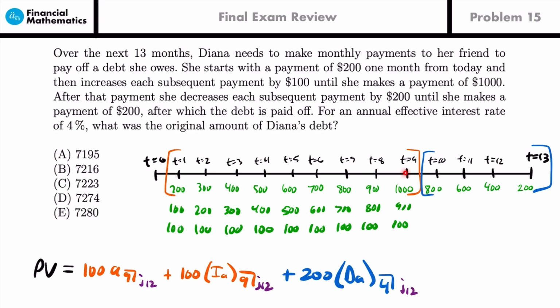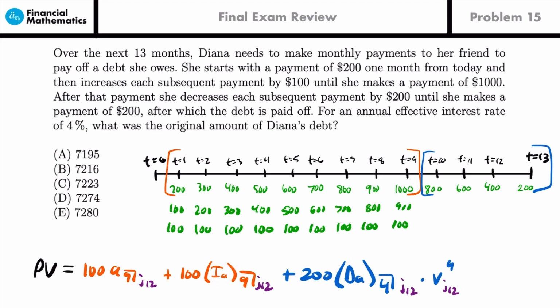So we need to bring that back an additional 9 periods to be valued at time 0. So we would want to multiply by v to the power of 9, where v is using that interest rate J sub 12. Okay, so this is how you would calculate the present value of all of these payments using annuity notations, specifically a level payment annuity notation and 2 arithmetic annuity notations, one where we're increasing and one where